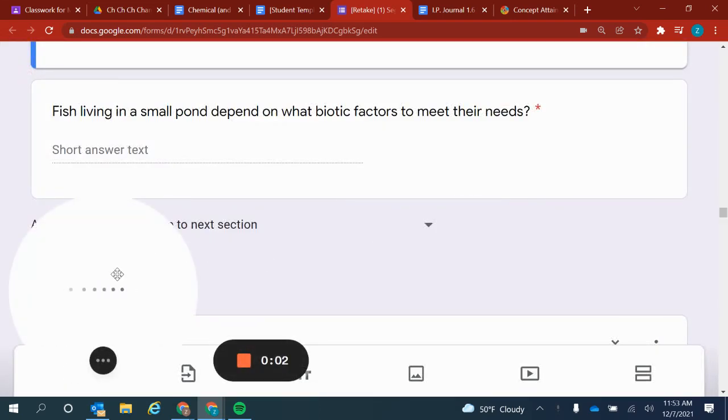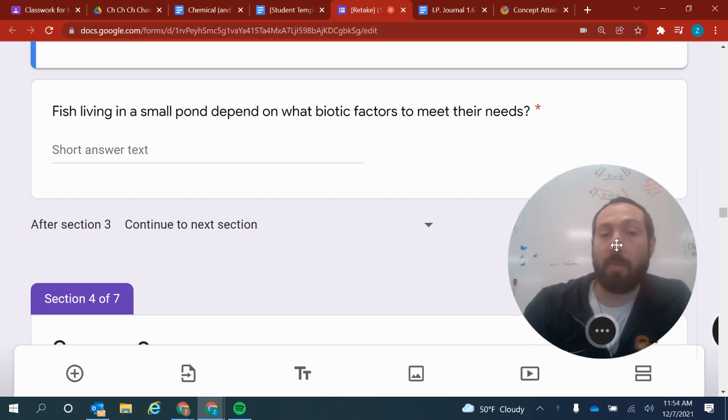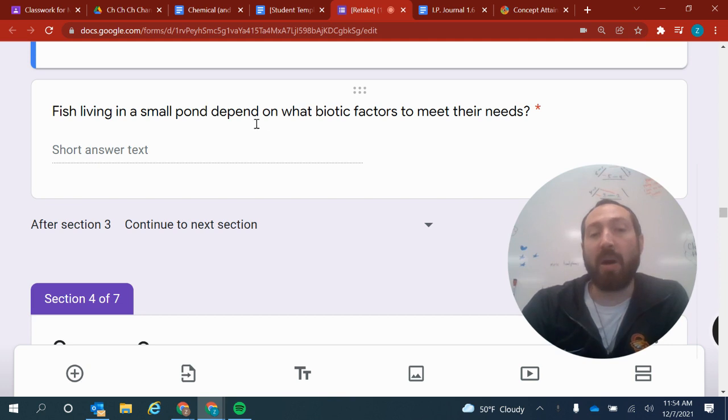All right, so here it asks us about fish living in a small pond. So the pond is their habitat, it's their shelter, their space. And it's asking what the fish depend on, and it's asking specifically for the biotic factors. So fish living in a small pond depend on what biotic factors to meet their needs. So you need to know what biotic means. Biotic means living. Okay, so the fish live in a small pond and they depend on what living things to